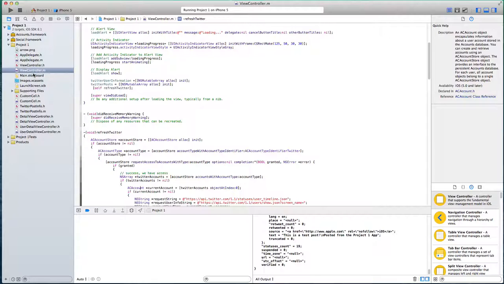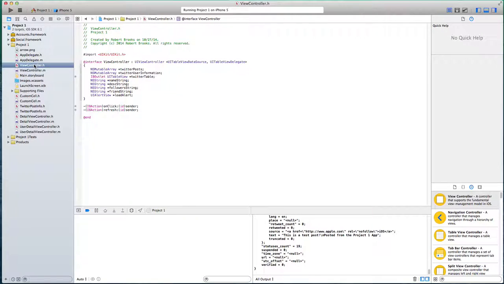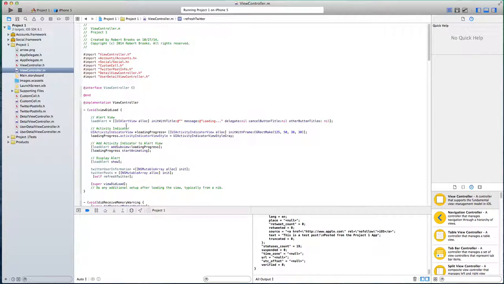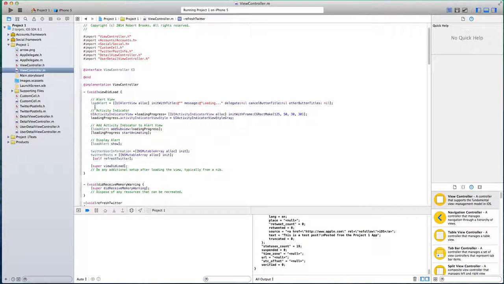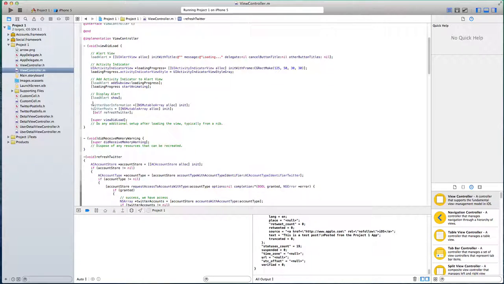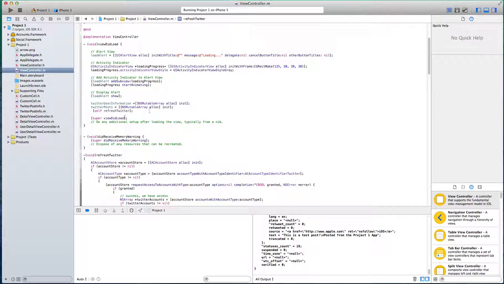The bulk of the code is in the view controller. ViewController.h just declares everything I'm going to be using in the view controller. We start with loading in the viewDidLoad, loading my alert view and the activity indicator, which I actually took out just because I couldn't get it working. And then we have the mutable arrays that we're going to use later, and we call on the refresh trigger